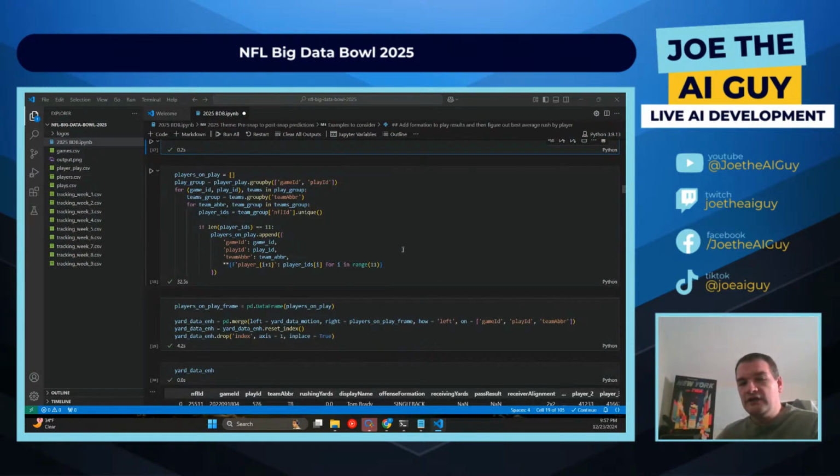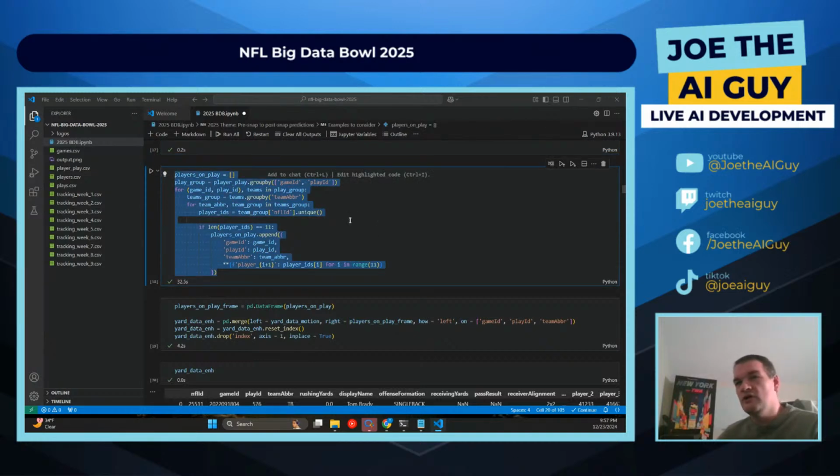Then in one of our later versions of the models, we tried to see if it would actually help us to know who the given players are on a play during a game. And what we actually found out, and we'll scroll down here and show the results from the models, is that knowing the players in the play did not actually help the overall model performance. It added a lot of additional compute time needed to know who